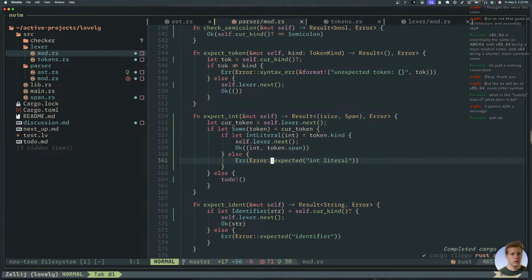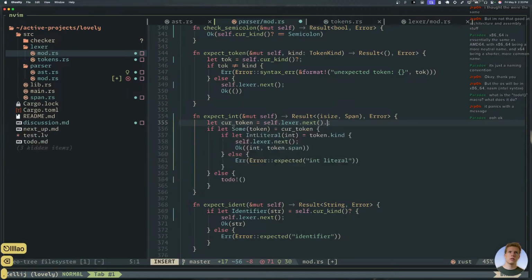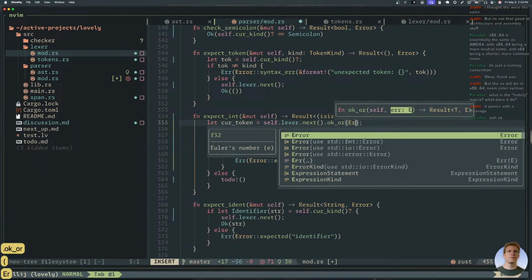Was it a todo macro? What does it do? It panics with a message, but it also just magically makes everything type check. So that's really nice. It doesn't just throw a billion errors at you. This isn't throwing any type errors, which is good. Otherwise, what would that even mean? We didn't even get a token. So maybe I should have just done an ok_or here.